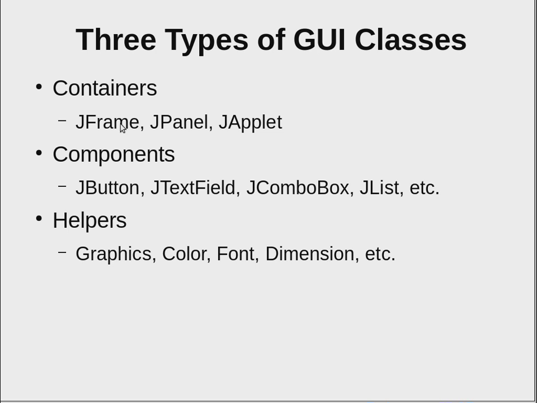And then there are different components which you put in containers. These are buttons, text fields, lists, combo boxes, etc. All these are named JButton, JTextField, and so on. And then there are so-called helper classes,